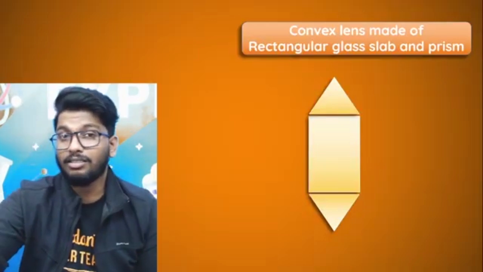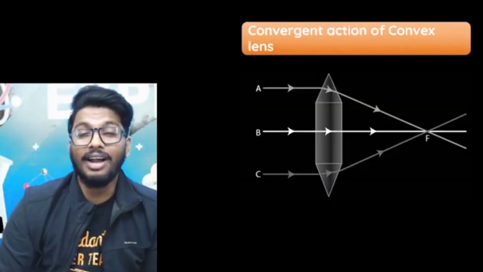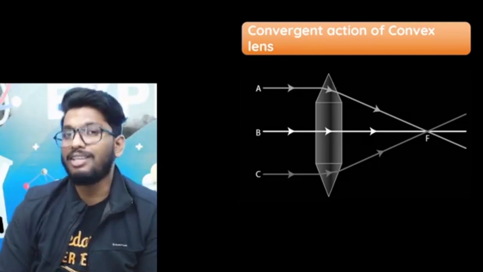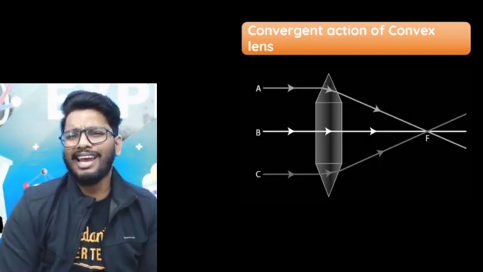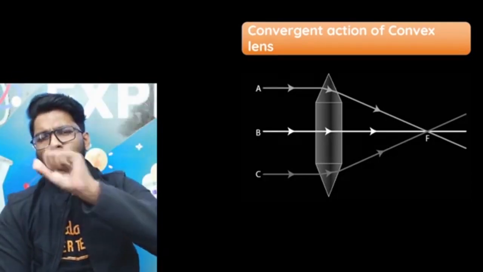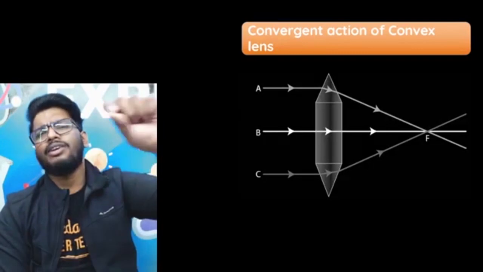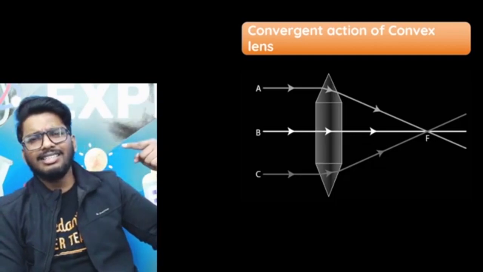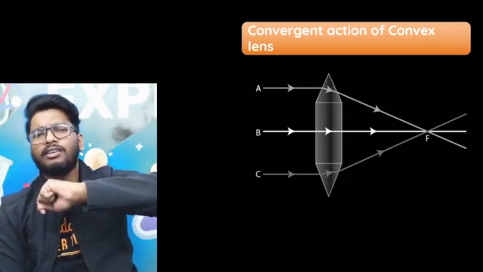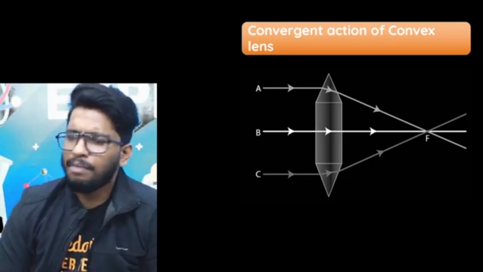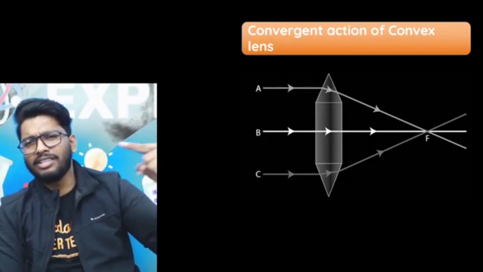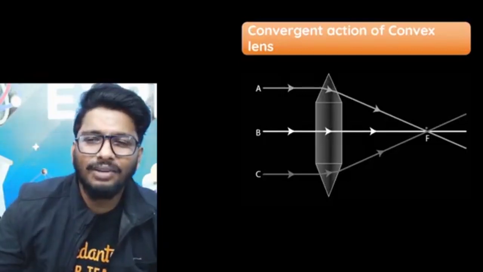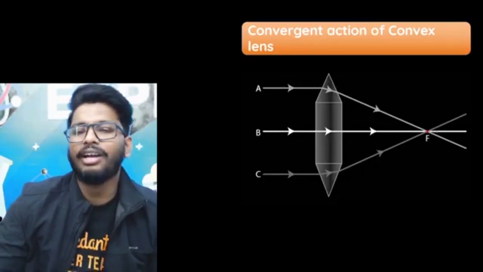So in both cases, that is A and B, the triangular prism 1 and triangular prism 2, the rays will bend towards the base and meet on the focal point, or form the focus of that particular lens. If a ray of light is incident normally on the rectangular slab, it will pass through undeviated. So that ray of light will pass through undeviated along the principal axis. So using this, all these rays of light will again meet at a particular point,